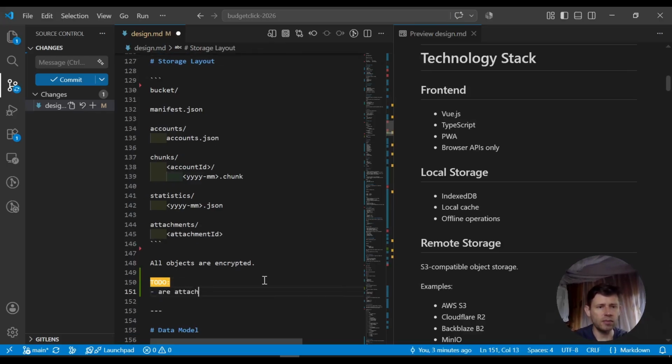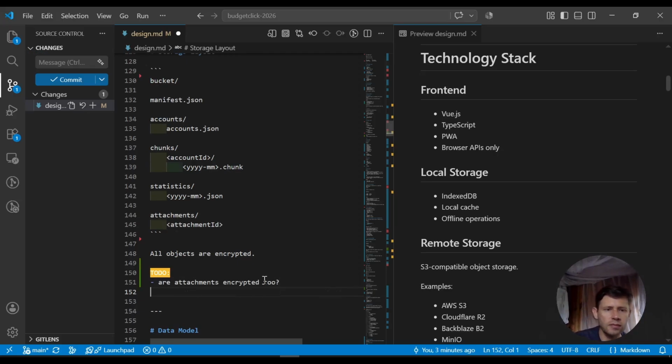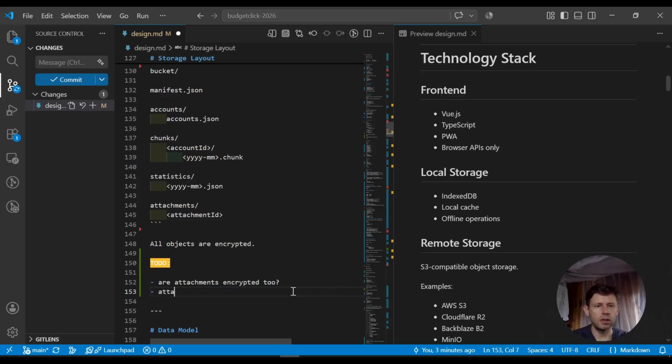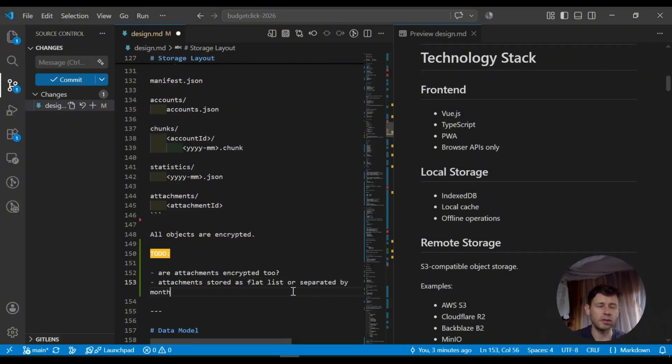Are attachments encrypted too? Okay. Attachments stored as flat list or separated by month